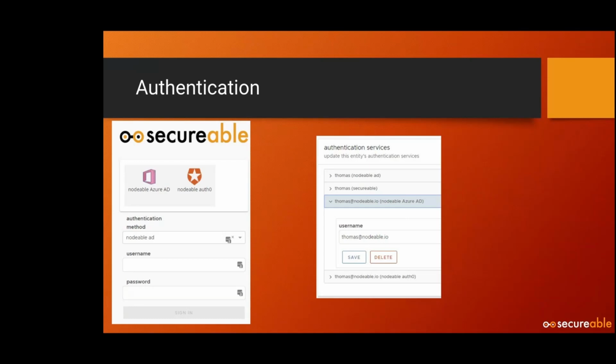But he's also got an Auth0 account there. And when he chooses to log in there on the left, he can choose any one of those authentication services to log in with. As we said, everything's an API. So all of this is just callable from within ABL as well.